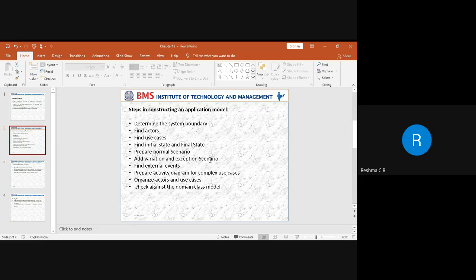Okay, so what happens? The customer has a query with respect to his account. Maybe he may want to extract a mini statement from the ATM, or he may want to make a withdrawal. So it can be any type of query. The query account is a particular functionality or a particular use case. Either it can be a withdrawal or mini statement, or any pin change or any other queries.